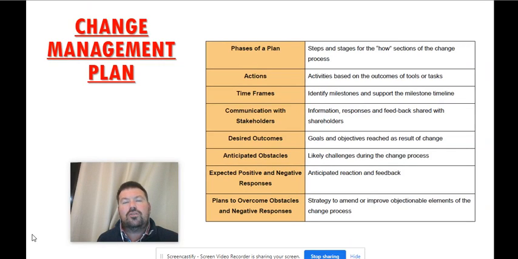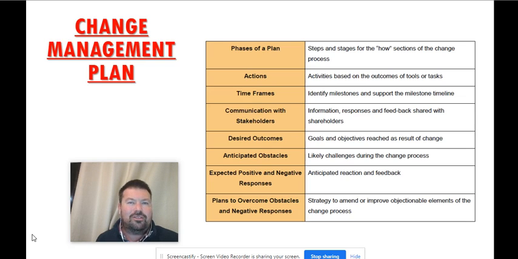So you want to make changes. You know who the stakeholders are that are going to be impacted. You know how you want to do it, which methodology you want to use. You know which area of the business you want to make changes in. But you need to make sure that there is a plan in place. If you don't plan, you are going to get into big trouble.